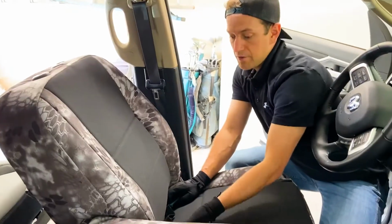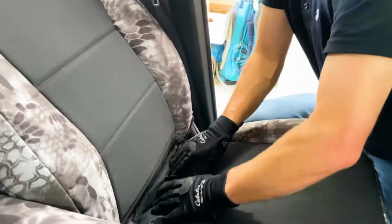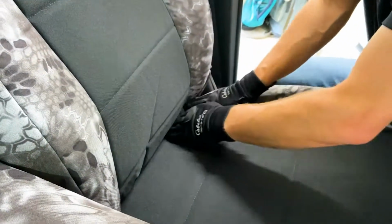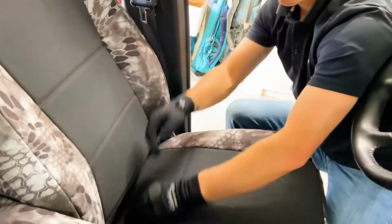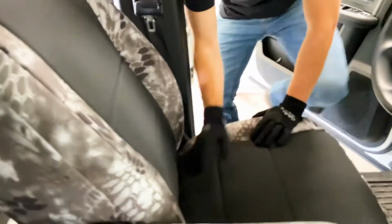Okay, so now you're going to want to take this front felt right here and push that through the seat to the back side. Just make sure that all gets through and is looking good on the front side before you stick it down. I will go on the back side and tighten that down before I stick it down. Okay, so you push that through. Now that you've pushed this through right here,